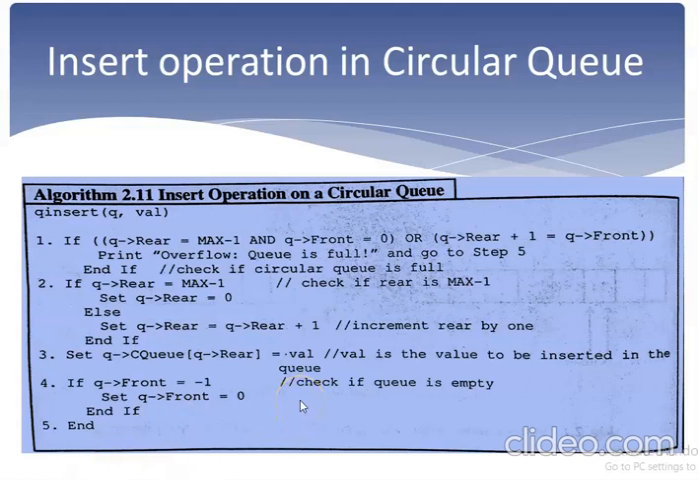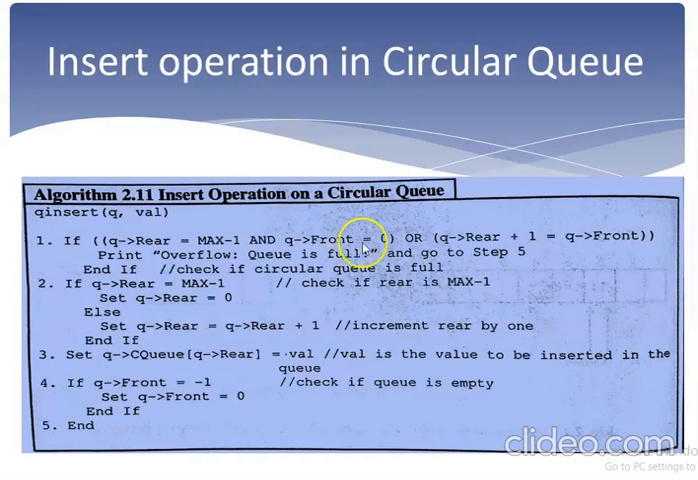Now let us see the algorithm for insert operation on a circular queue. As usual, we have to pass the address of the queue and the value to be inserted. Then we are checking for the overflow condition, because if there is no space left in the queue, we cannot add into the queue. So the condition is like this: if rear is max minus 1 and front is 0,